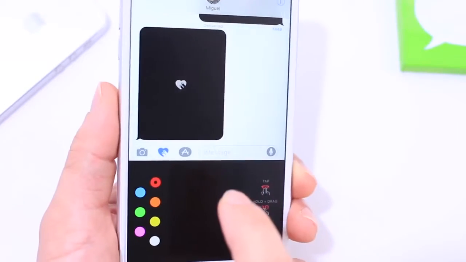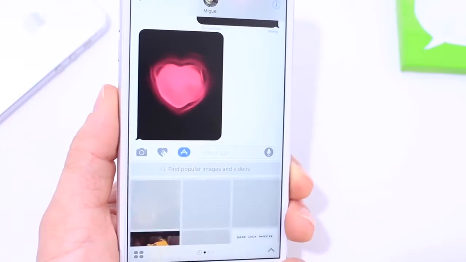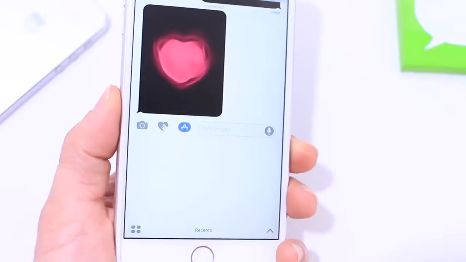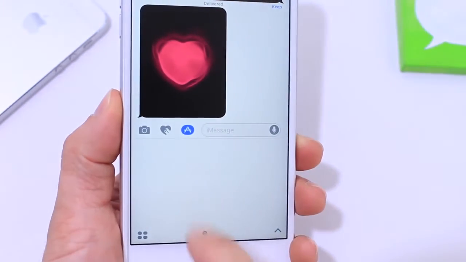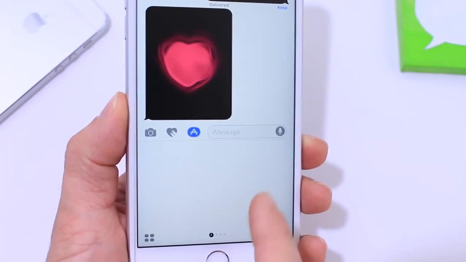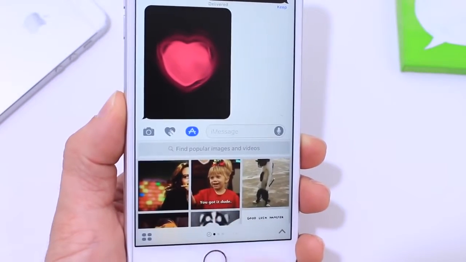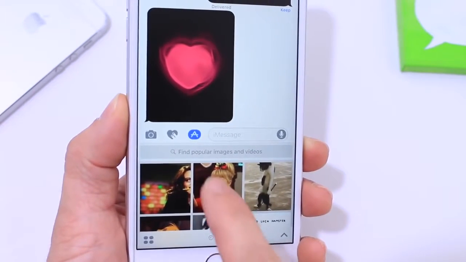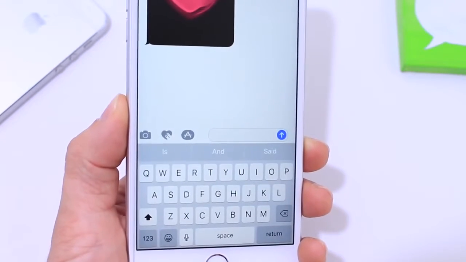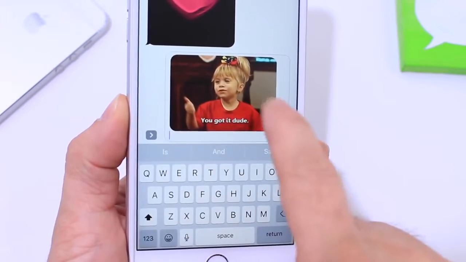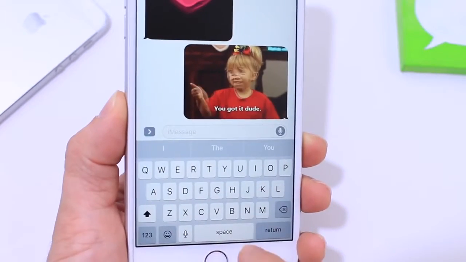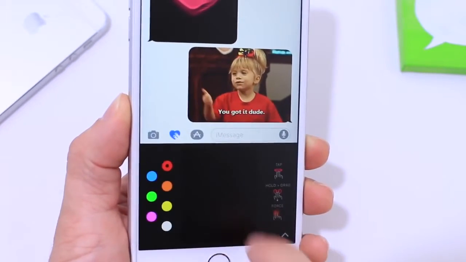Now let's go into the 3rd tab available here that has the App Store icon. Now this section here gives you a few buttons on the bottom. Right here you'll find your recents. I don't have any recents. I can go ahead and swipe to the right and send GIFs, little animations. I can go ahead and send those, tap and edit those as well if I choose to do that. I'm going to go ahead and send just a regular GIF there, and I can go back into this particular